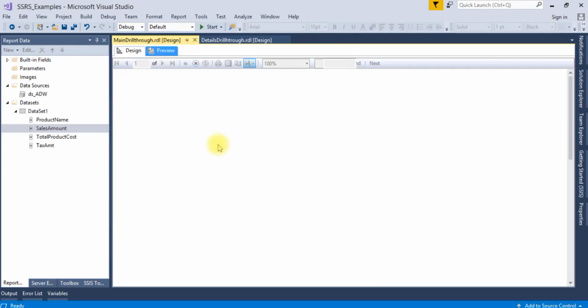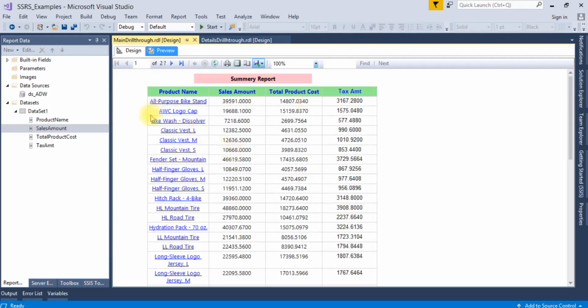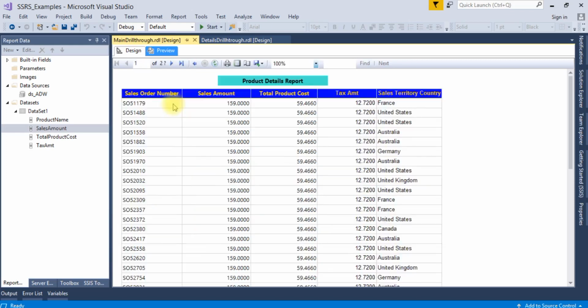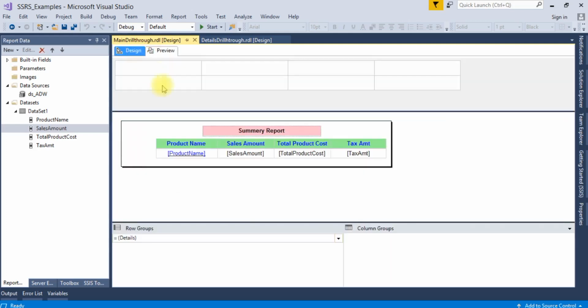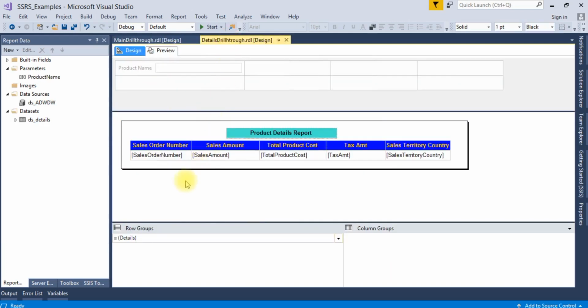Now you can see it is going to the next report, but we need to show the product name here also. So we need to make a small change here.